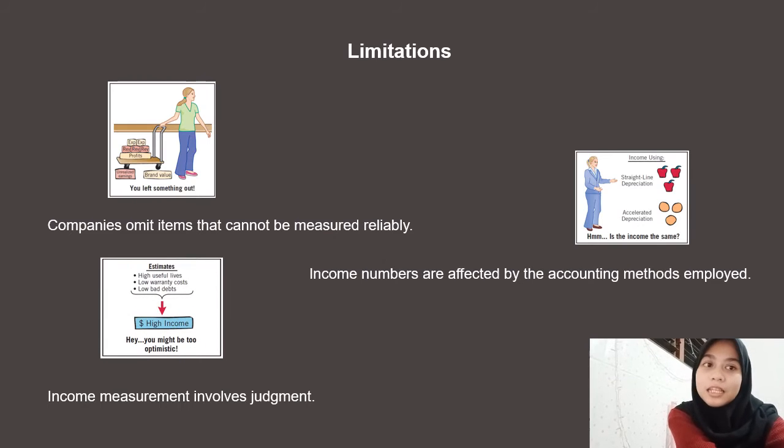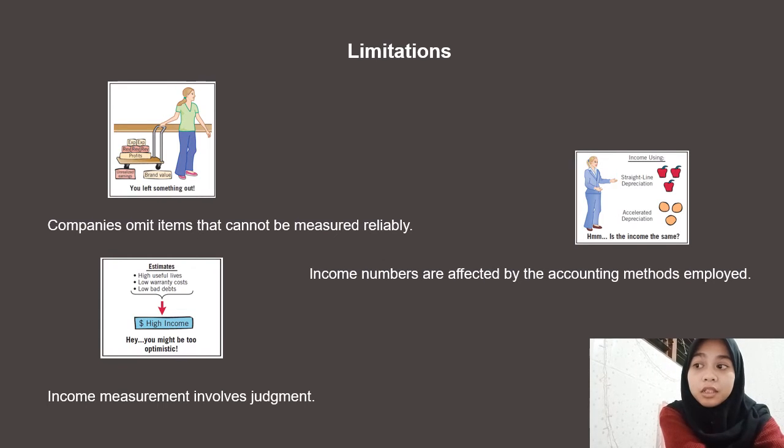Part 2 is limitations. Limitation 1: companies omit items that cannot be measured reliably. Gains and expenses that cannot be measured reliably cannot be included in the income statement. The Financial Accounting Standard (SAK) provides a requirement that the gains or expenses can be accurate and can be